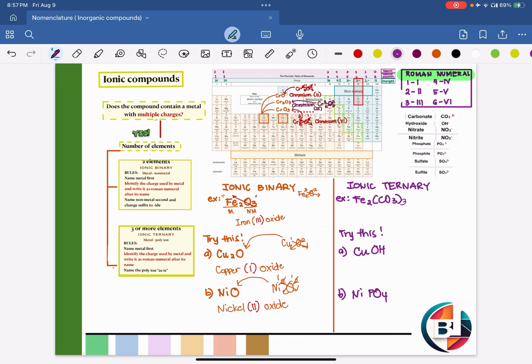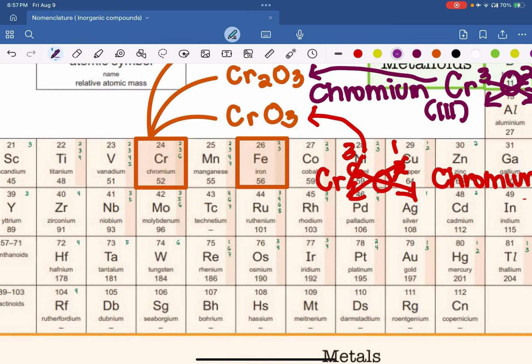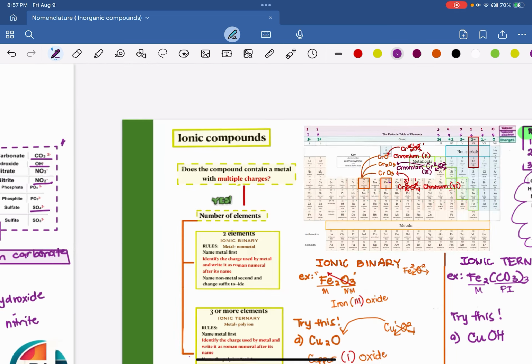Going over ionic ternary, we have here your metal and polyatomic ions. Here is the list of your polyions. The same strategy would be utilized. Identify first the element of the ions that are reacting with your metals. So in this case, we have CO3 with a charge of 2. Looking at the periodic table, iron has the possibility of having a charge of 2 plus or 3 plus.